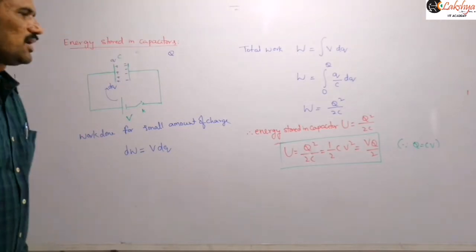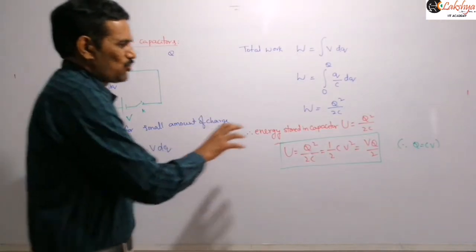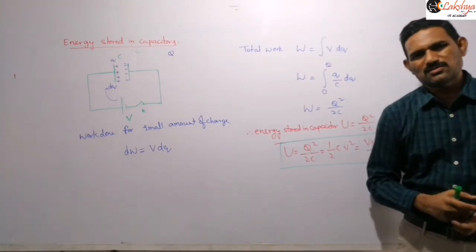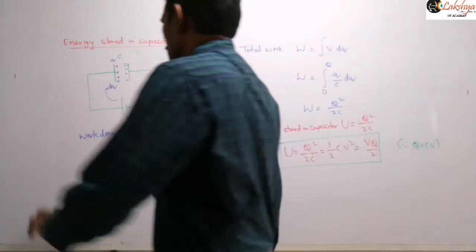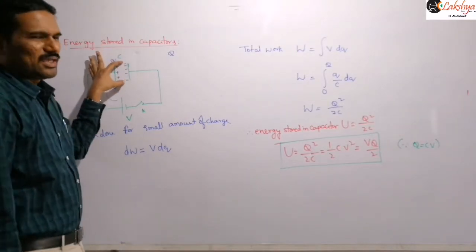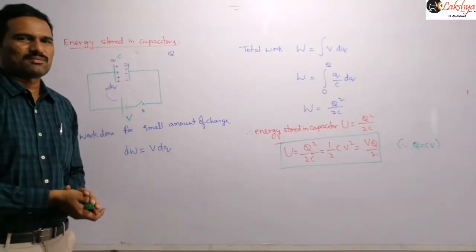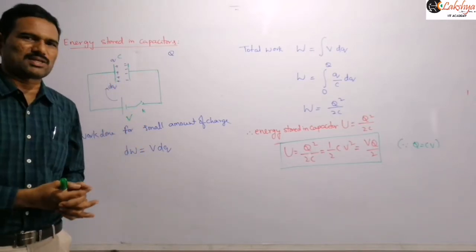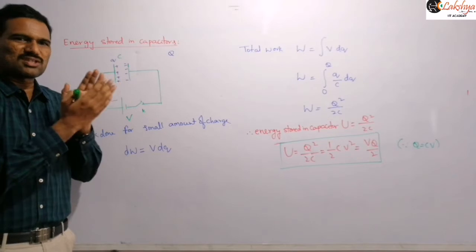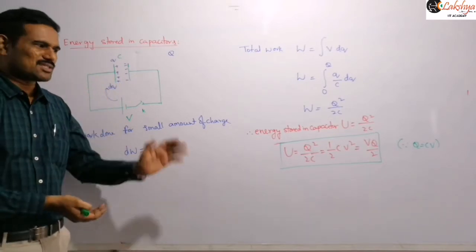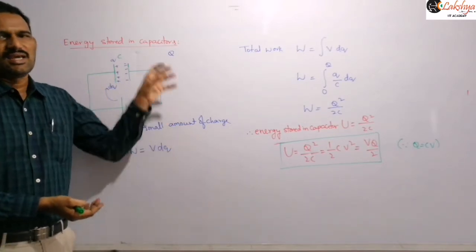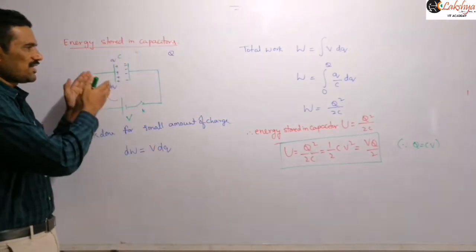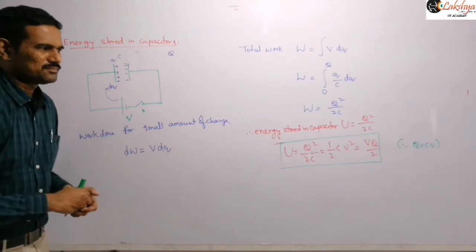And so now the important thing here is this amount of energy stored in the capacitor we are saying. Where this amount of energy is stored, it will be stored in the space in between the two plates. That means this energy is not stored in the positive plate itself or in the negative plate itself. This amount of energy will be stored in the space in the form of electric field. We are saying that this capacitor stores the energy in the form of electric field. You know, electric field lies in the space. So that means that electric field lies in this space here.